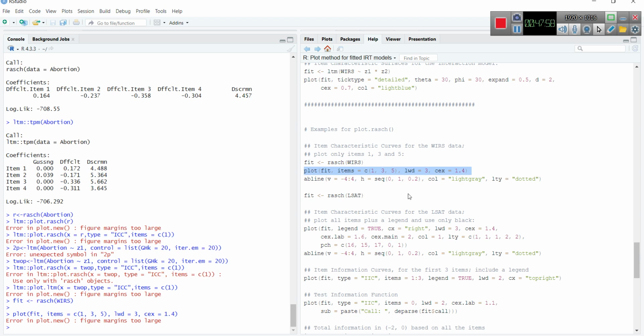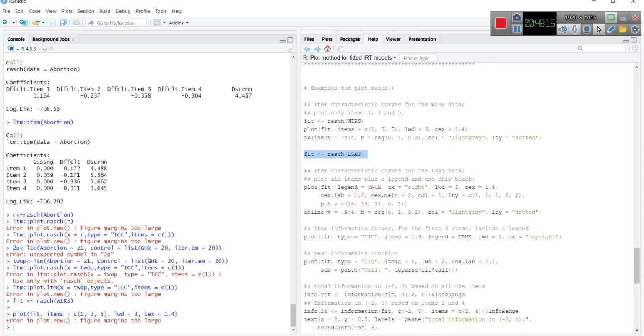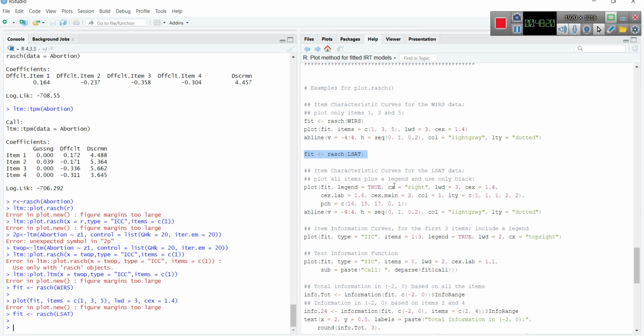Awkward, because it doesn't run even their own examples. Let's do an analysis for the LSAT, the law school datasets, plotting with some more precise measures. You can here